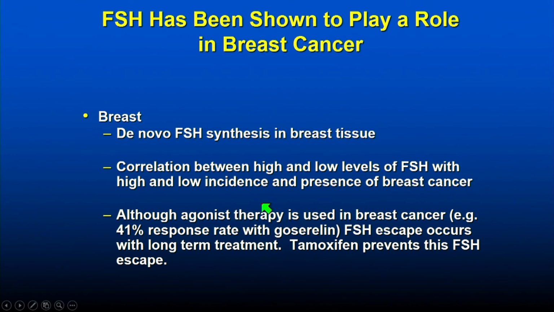And very interesting, although agonist therapy is sometimes used in breast cancer with a 41% response in patients receiving goserelin, FSH escape occurs in these patients as would be expected, and tamoxifen can prevent this FSH escape and also be associated with clinically meaningful responses. So there's just a lot of information relating to the potential role of FSH in breast